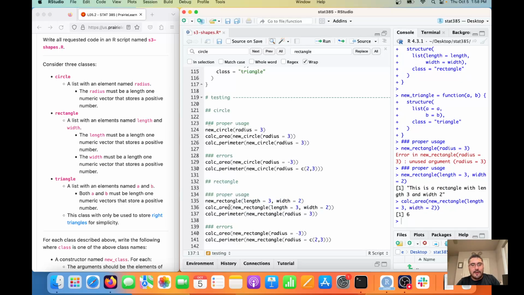So you can see, notice that calc area and calc area here are working on different objects, right? But I don't need to specify different function names for them. I've created a method that works for objects of different classes and does different things for those objects of those different classes. That's how I'm defining everything with the S3 system. Okay. And then also